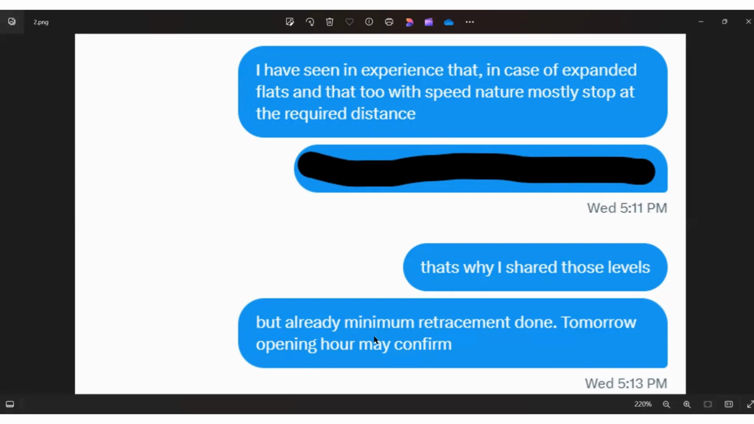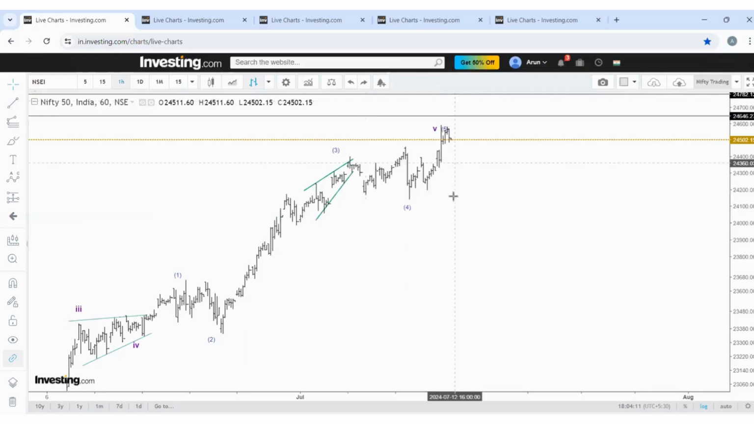I said this, but already minimum retracement done. Okay, so tomorrow opening hour may confirm this. So this is the idea, right? All these are in your learning tips. Fine. So this is how we identified the correction this way. See why I am talking about this correction, because it is an expanded flat. Identifying an expanded flat before it happens is a very important thing, and I believe only with the help of Elliott waves we can do that. Now the price reached